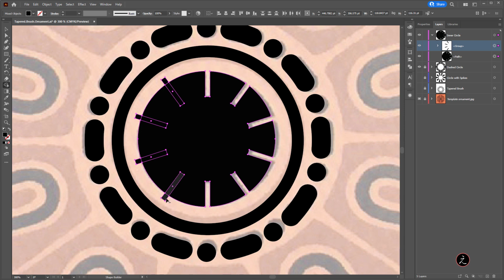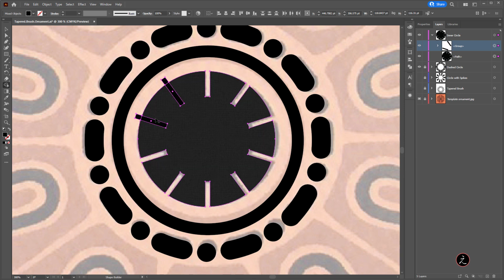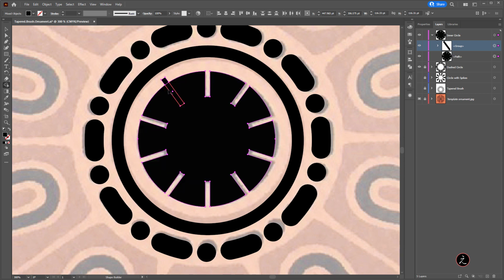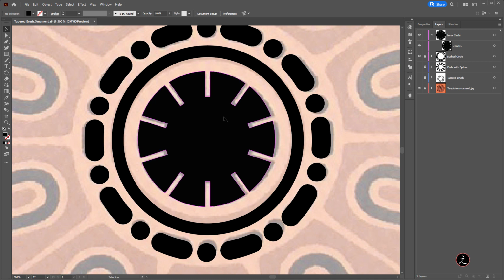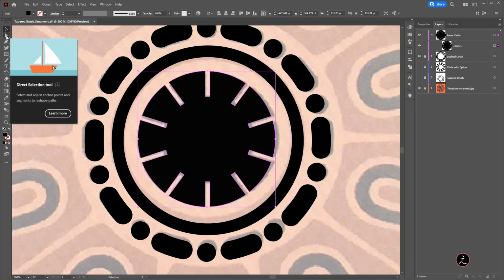All right, just like that. It's a great tool to use and it's extremely effective. Great. Now, look at the very original. We do have a very, very slight curve, especially here. So all I'm going to do, with this shape selected, is grab the direct selection tool.